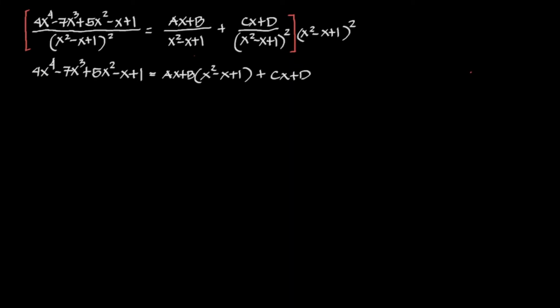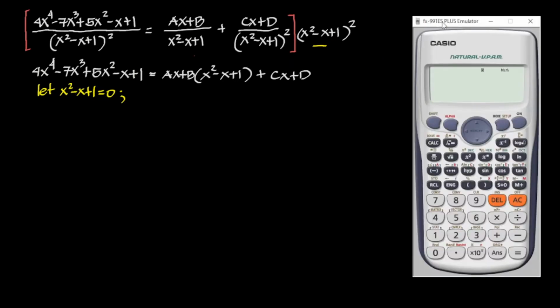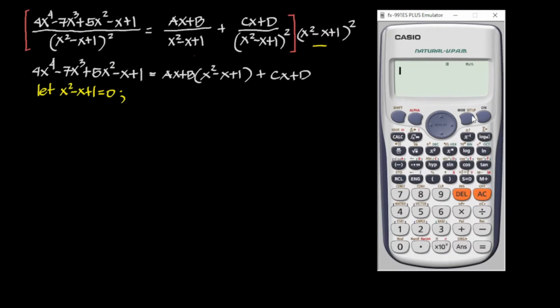Now, let's try to get the value of x from this factor. So let's put x squared minus x plus 1 is equal to 0. So paano ba kunin yung factor nito? Para mas madali, input natin sa calculator, then set mode 5-3. Bakit mode 5-3? Kasi nga mode 5 is equation, 3 is